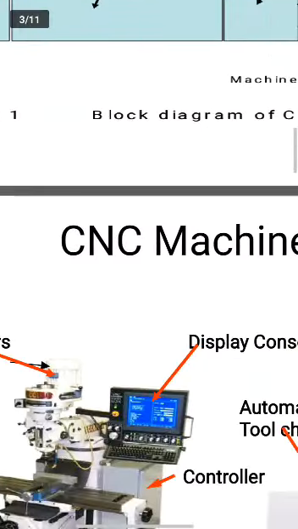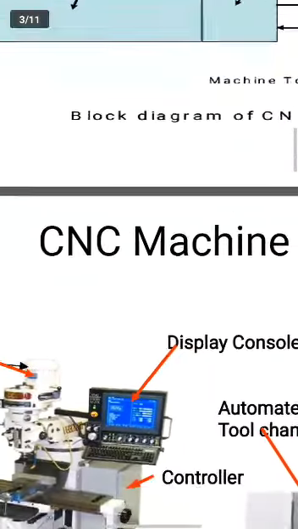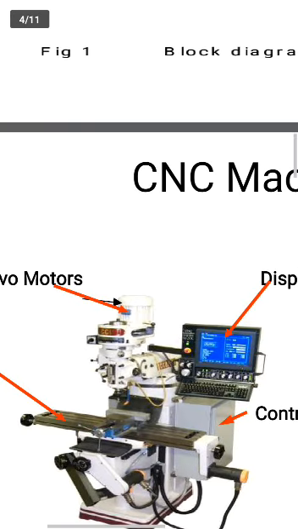See here, the appearance of the CNC machine is very similar to that of a conventional NC system. In CNC, part programs are initially entered into the punch tape. So we enter the data into the punch tape in a CNC machine, similar to the NC machine. NC machine also we have done the same way.